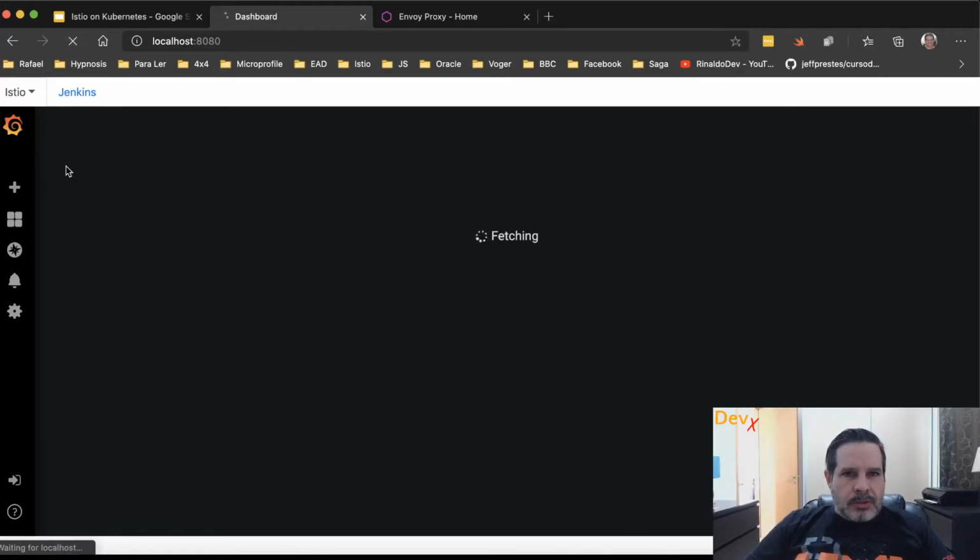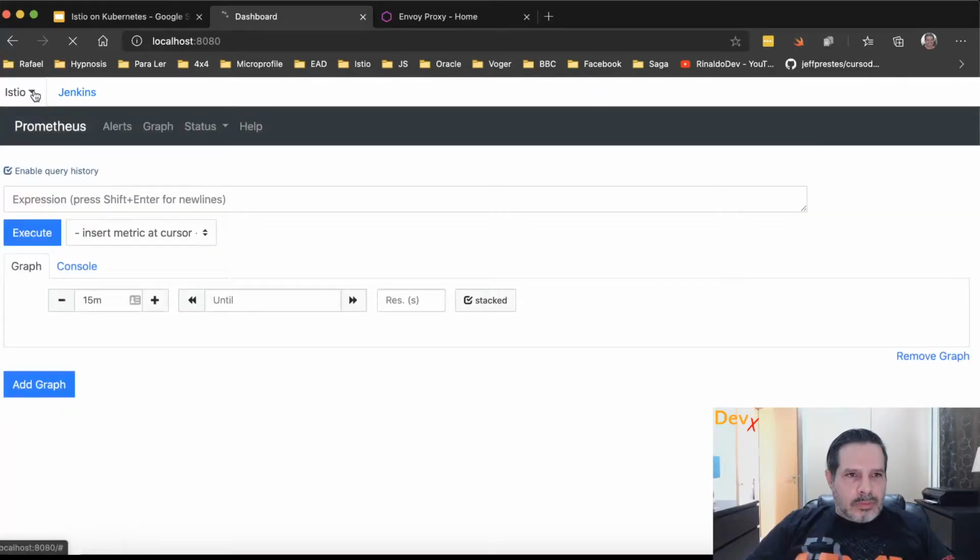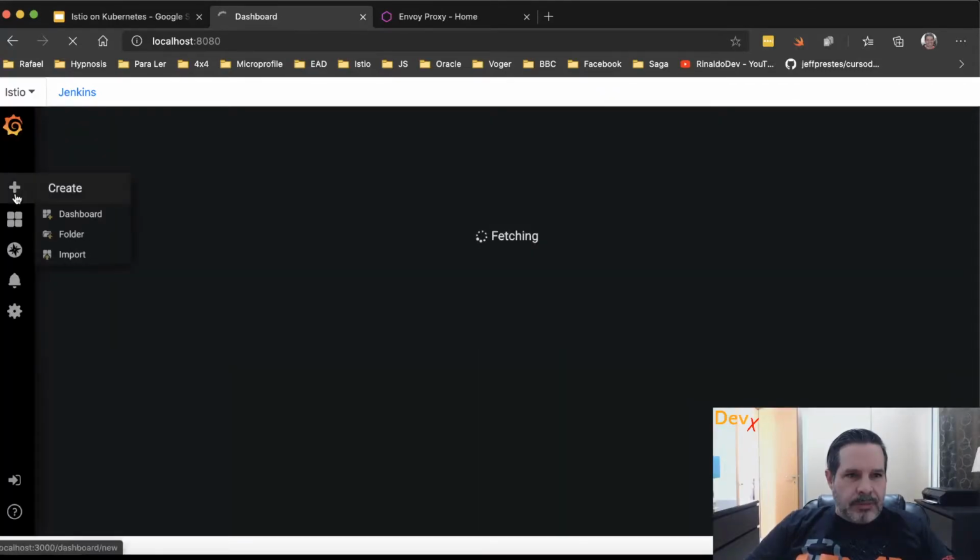Yeah, Grafana seems to be a little bit slow, but let's not worry about that, okay?